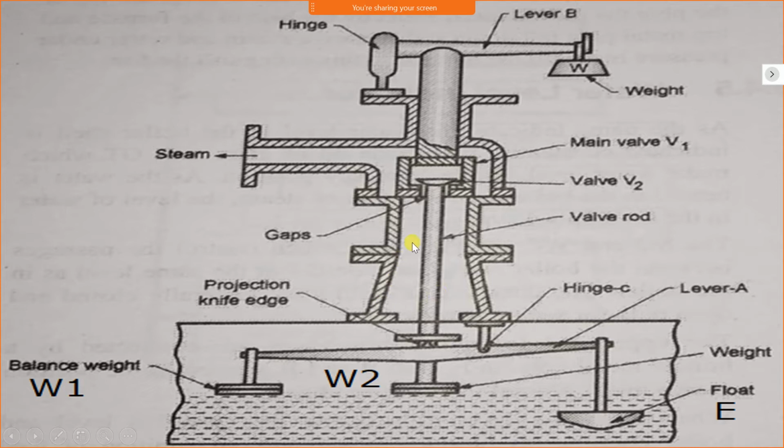Now it consists of a casing. Inside the casing, the main valve is located, and inside the main valve, the spherical valve V2 is mounted. This main valve is supported with a dead weight lever safety valve. The main valve is a dead weight safety valve because weight is mounted on the lever. Now this valve V2 is mounted in the main valve V1 on the seat, and there is a small gap between the main valve and this spherical valve V2.